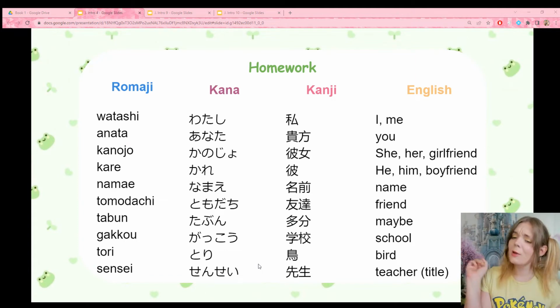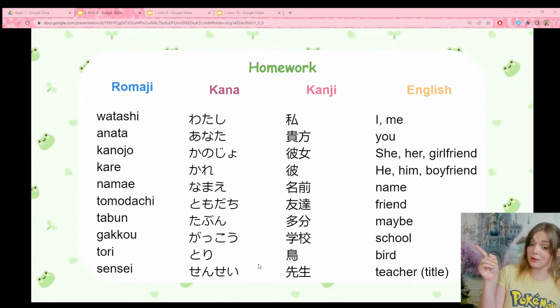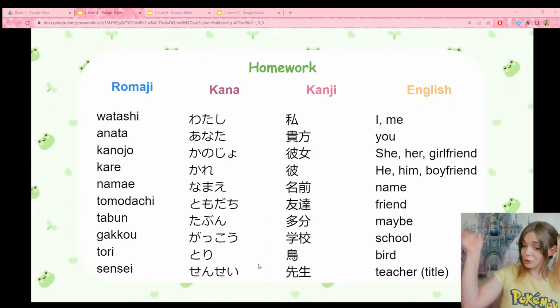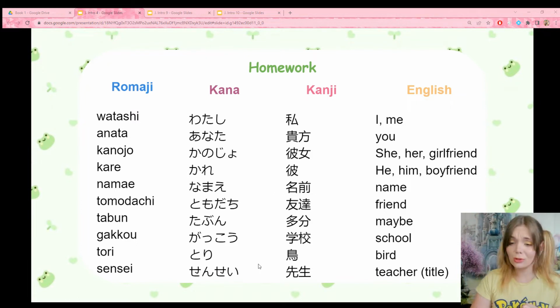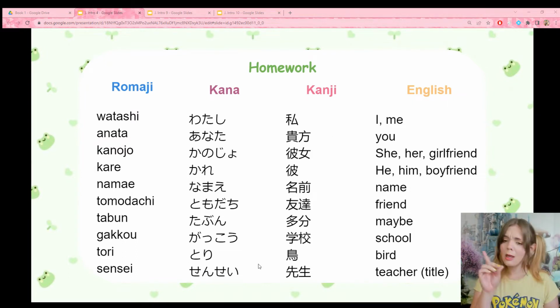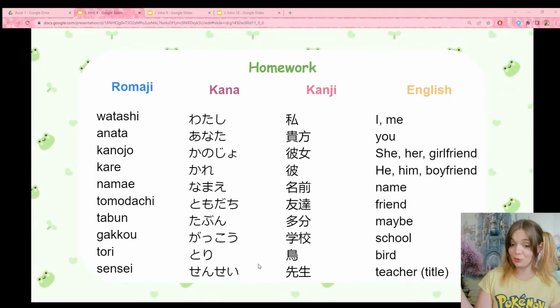Welcome back. Before we get started, I want to take a moment and show you this page. This is your homework from lesson number 4. And I noticed that I forgot to change the kana and the kanji from lesson number 3. So I fixed it, and I want you to take a look at it now, take a new screenshot, and save it over top of the old file. This one is correct. The other one was not. And now we can move on to the actual lesson.